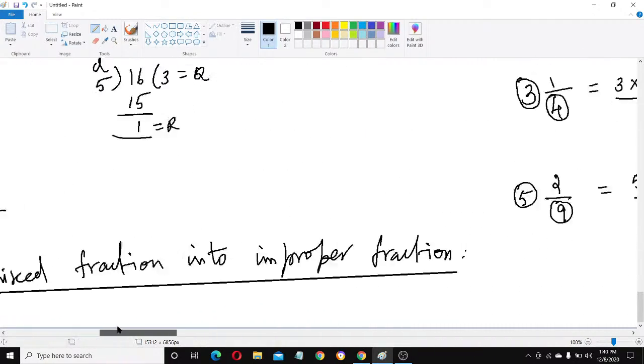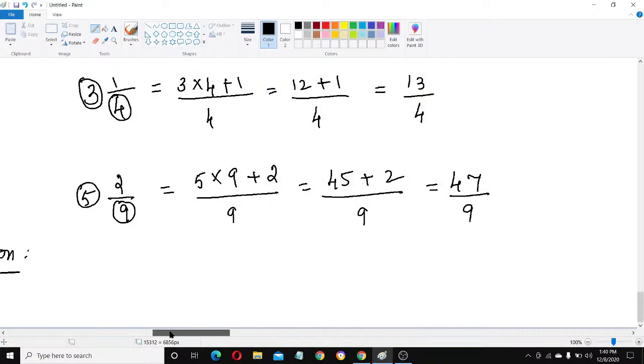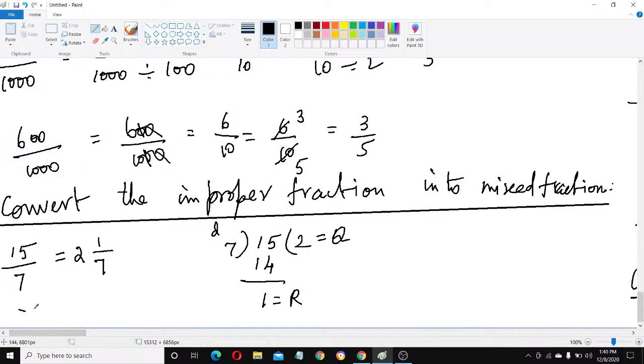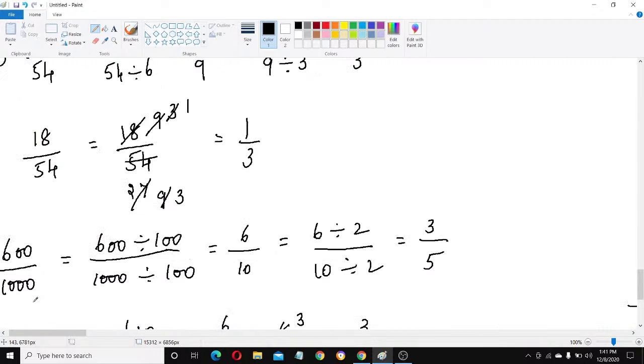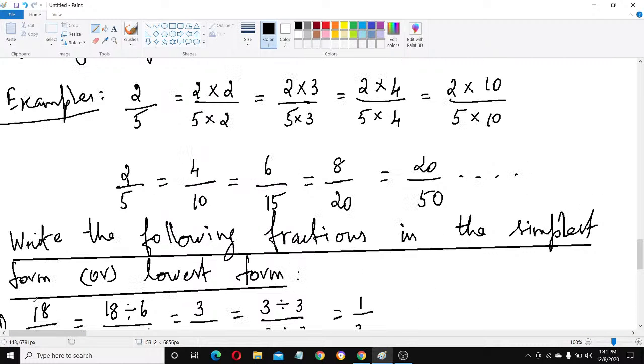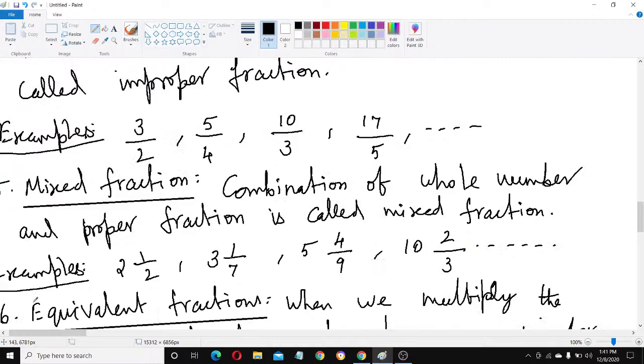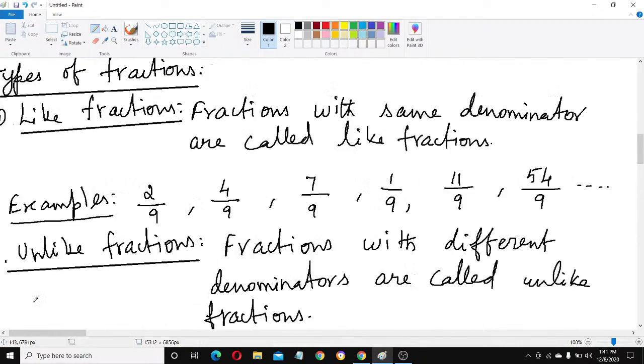Next you learned the types of fractions: like fractions, unlike fractions, proper fractions, improper fractions, mixed fractions, equivalent fractions. Next you learned how to convert an improper fraction into mixed fraction form. Next you learned how to convert